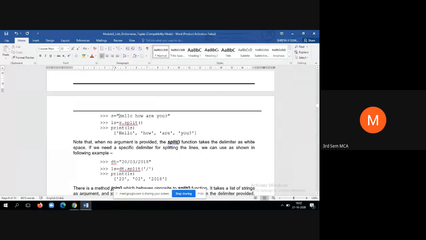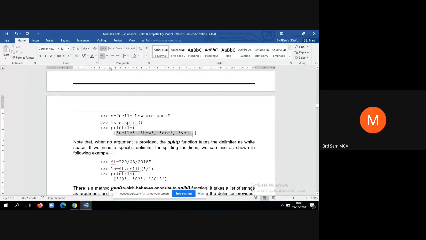Now similarly, if I consider this hello how are you as one complete string, now I want to split it based upon the delimiter blank character. So the blank character is the delimiter that separates words. Now ls is equal to s dot split. That means I am splitting this string into multiple words by using the blank character as a parameter. Whenever you want to specify the blank character, don't specify any parameter. It will understand that the default split argument is the blank character. See here, now how it has created the list.